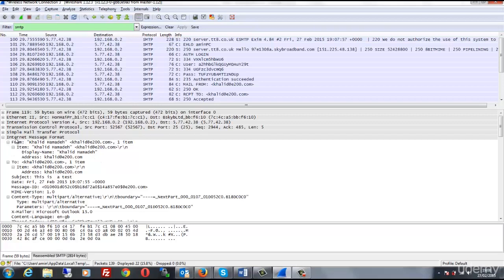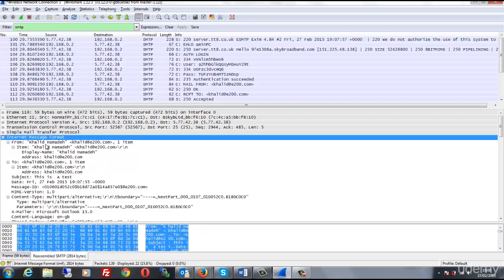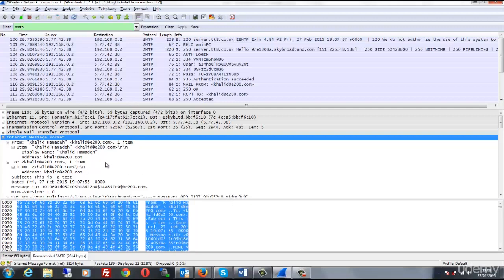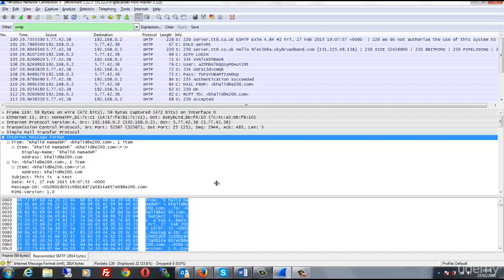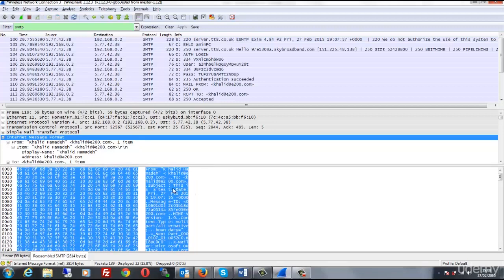Now on here, let me just expand this a little bit. As you can see, the internet message format, it's from Khaled Hamadeh, E200, and it's got all different data as well, which you can utilize. And check this out, guys. The subject, this is a test. The date is Friday the 27th of February 2015,